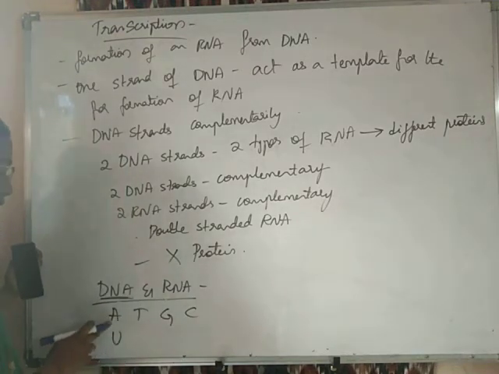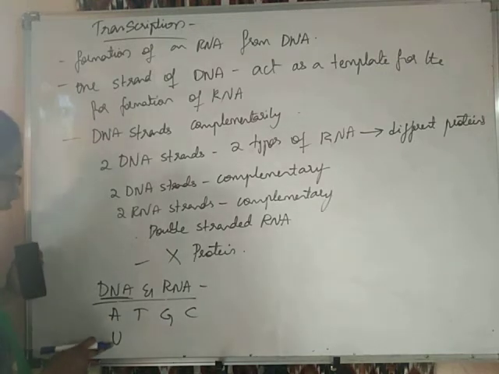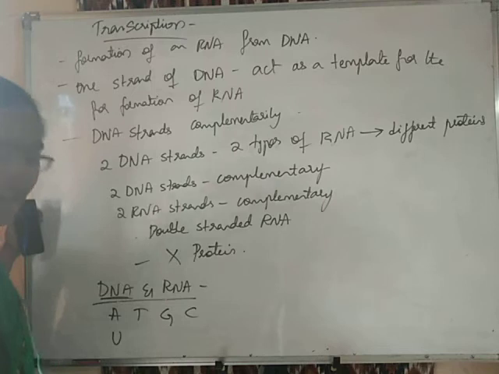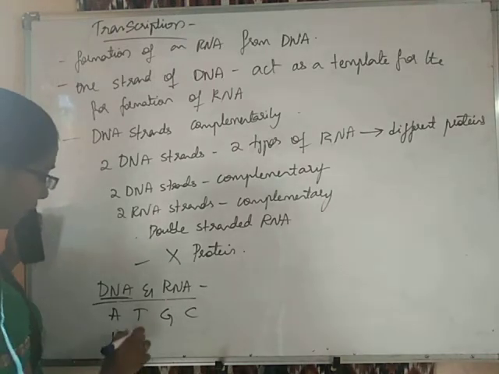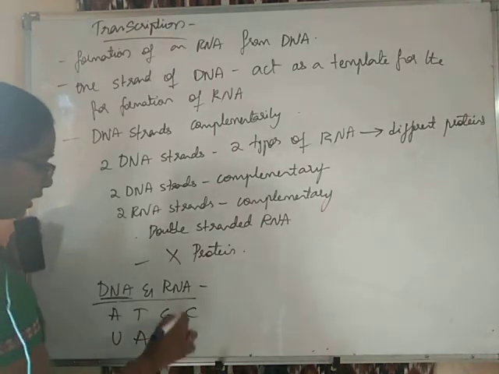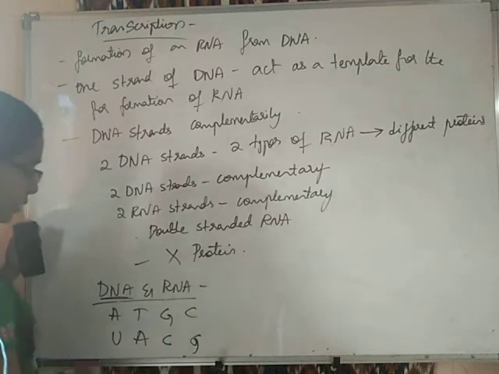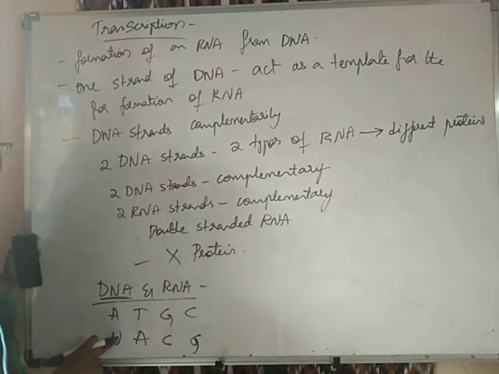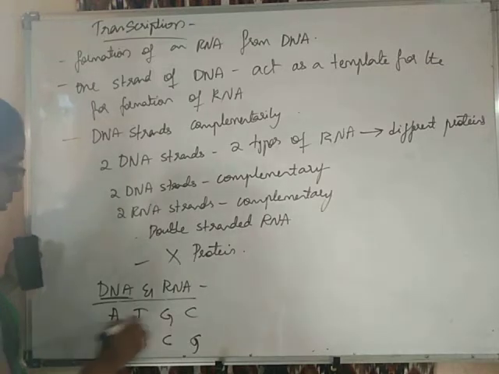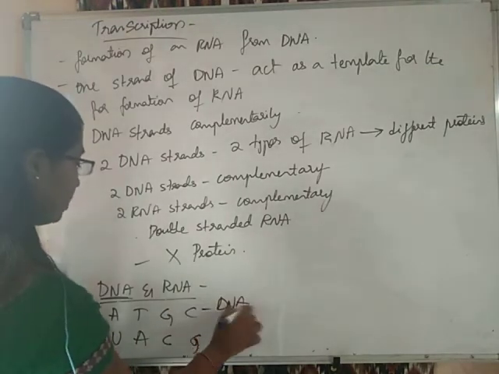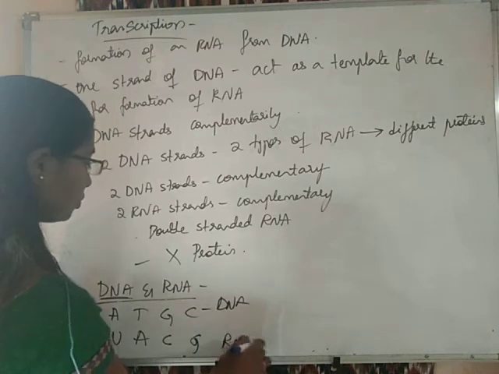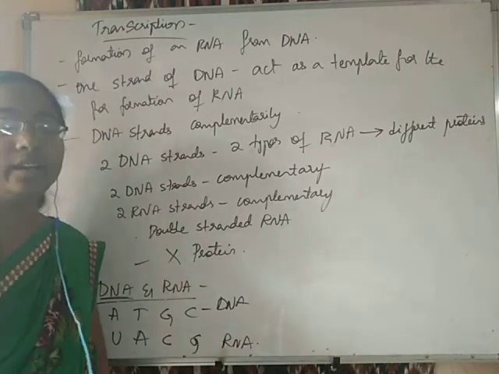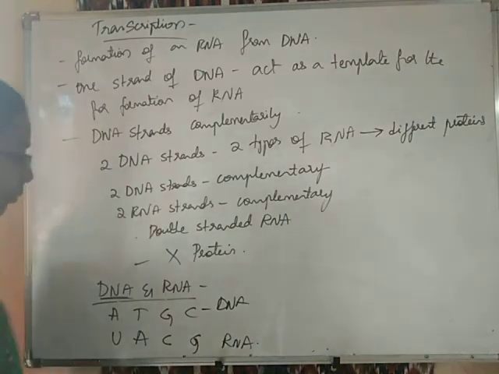Adenosine will be pairing with uracil. In RNA, adenosine will be pairing with uracil instead of thymine. T will give A, G, C, C, G, like this will be the base pairs. Adenine will be pairing with the uracil in RNA. So, this will be the strand of DNA, this will be the strand of RNA produced. That is the only difference between the nucleotides of RNA and DNA.